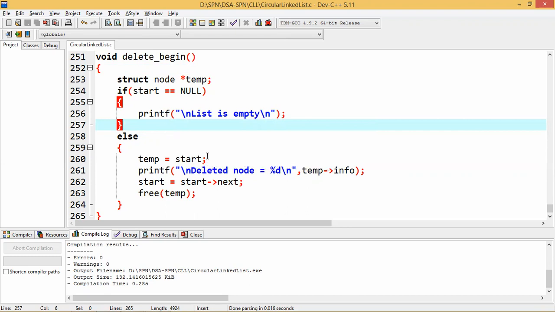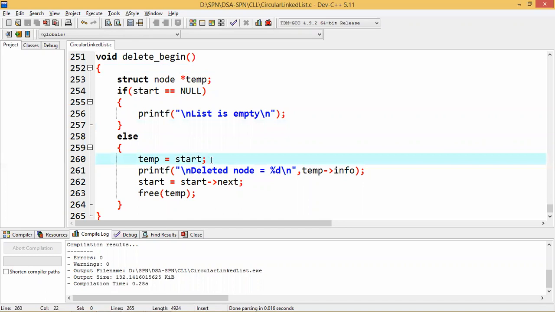Okay, after that I am providing the start value to temp. Then temp info I am printing, that is also correct because the first node I need to delete. Start needs to point to the second node, that is also correct. Free temp is also correct. What we have done in single linked list, this is exactly what we will do in circular linked list. But the last node of circular linked list needs to point to the starting address. But here we have not done that one.